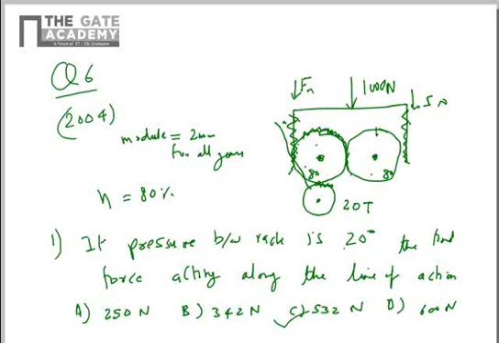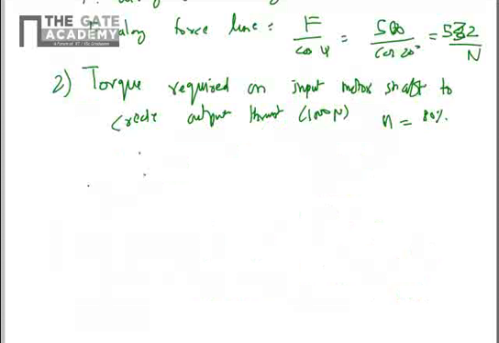So for that we have to draw the free body diagram of the driven wheel. The driven wheel, if you see, is applied with the force F of 500 Newton, that is equally distributed on both sides. So 500 Newton here, and then here there will be a normal force between the two meshing gears, that will also be 500 Newton. So total, this gear is subjected to 1000 Newton of force at a distance of the radius of this gear. So first we have to determine the radius of the gear, which we can determine from the module.